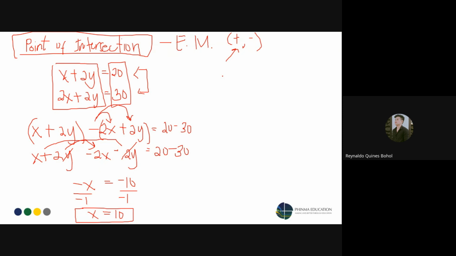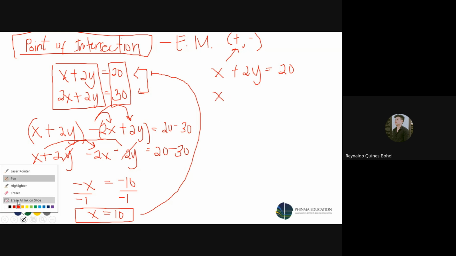For the y, kunin natin yung x na i-distribute natin sa first equation. Pili kayo dyan, it's either first or second. Ang pinili ko ay yung first. Then, copy the first equation, then substitute the value of x, which is 10, to the first equation para makuha natin yung value ng y. So, this is 10 daw. And then, plus